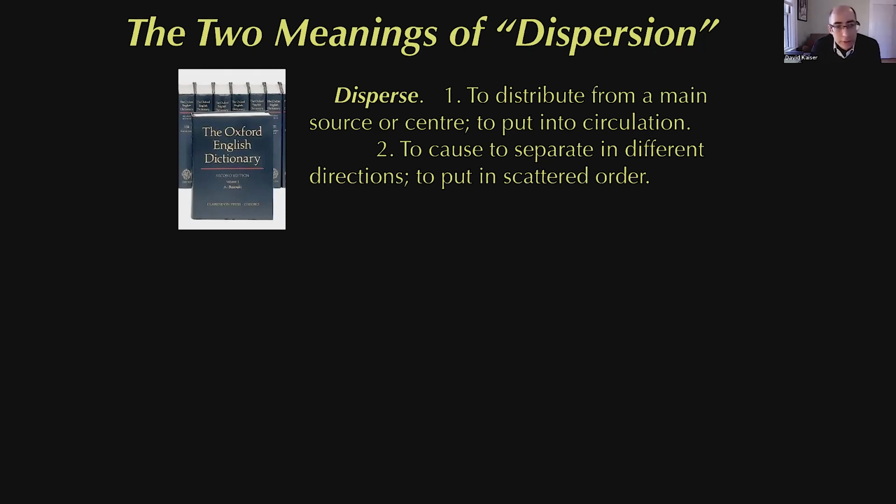So disperse means many different things, the verb to disperse, where there are 2 main clusters of meanings. If you go look up, for example, in the Oxford English Dictionary or your favorite, Merriam-Webster or whatever you like, there are 2 basic sets of meanings for the verb to disperse. One of them means to put into circulation. Think about dispersing things to people. And that's really the first part for today's class that we'll focus on.